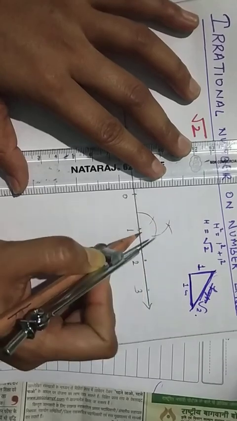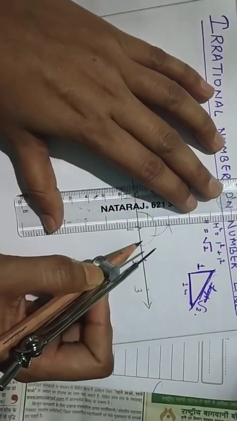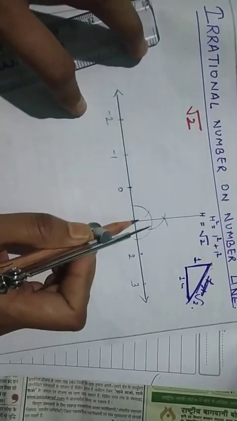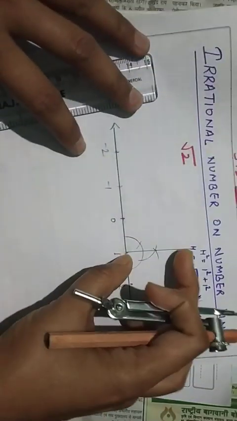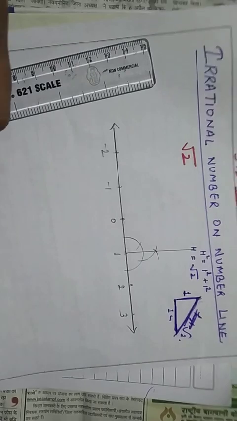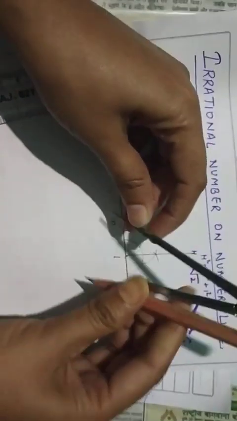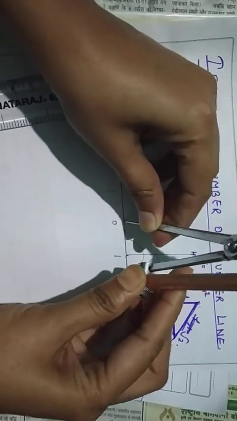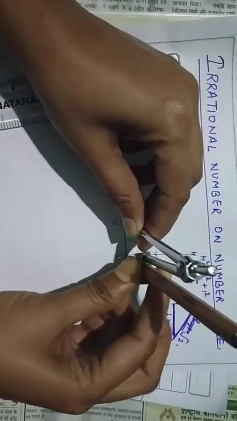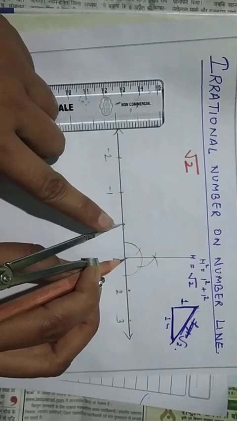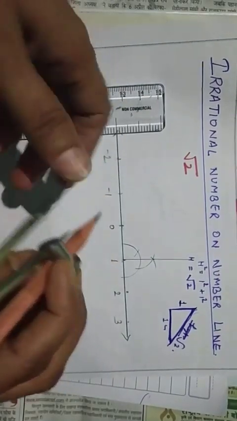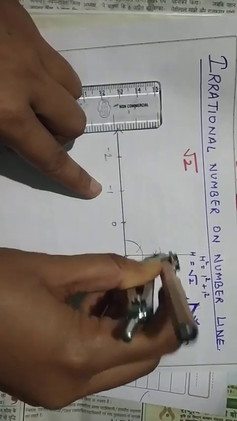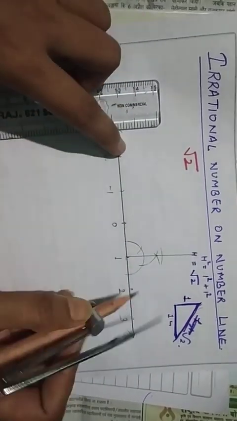You have to join this point and this point. This is a 90-degree angle. Now on this line segment, we have to again take a distance of 1 unit only and cut an arc. So 1 unit distance is this only. According to this, 1 unit distance is here only we have taken. So the same distance we are going to take here and cut an arc like this.